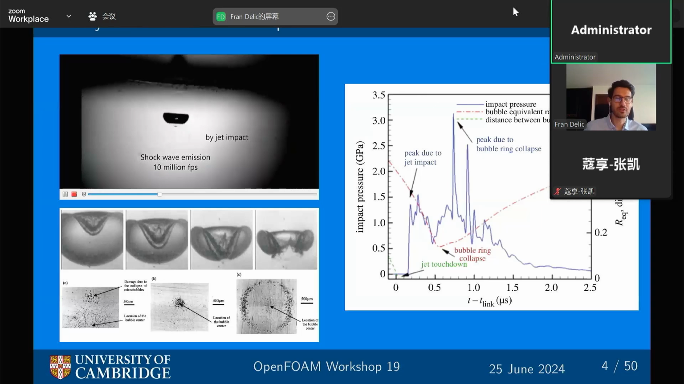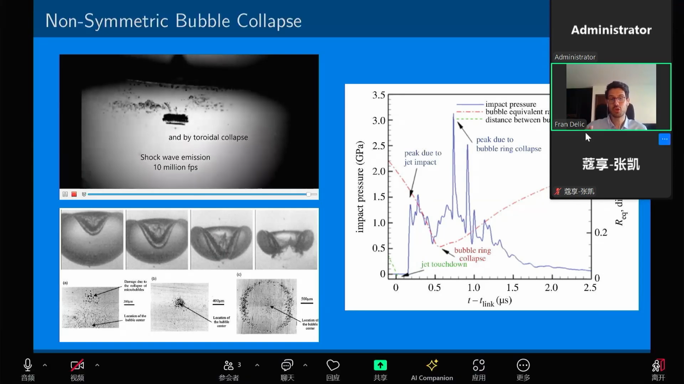So you'll see a collapse of a bubble, you see the microjet and the collapse of a toroidal ring. These two pressures superimpose, and depending on the distance, as seen on the bottom left, I don't know if you can see my mouse, but hopefully you can, you can see different damage patterns depending on the distance of the bubble from